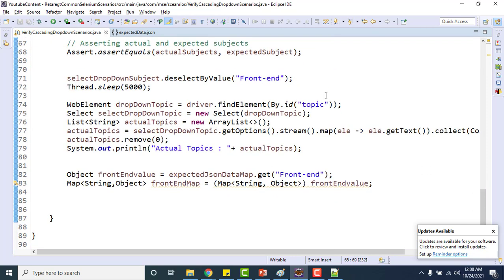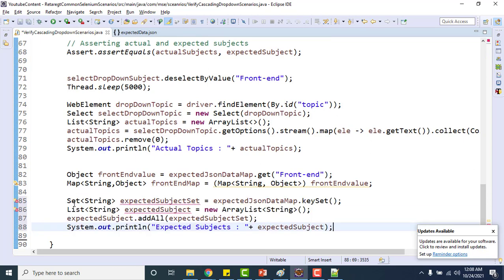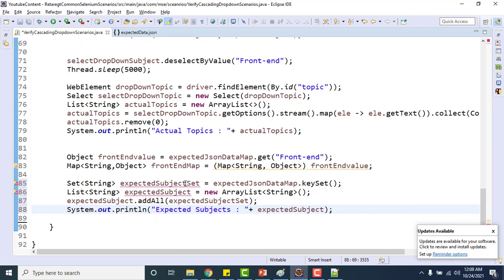The code is repetitive, so you can use methods, but as of now, because I am explaining the scenario, I am writing everything here only. So expected topic set will use the front end map, then expected topic again here.